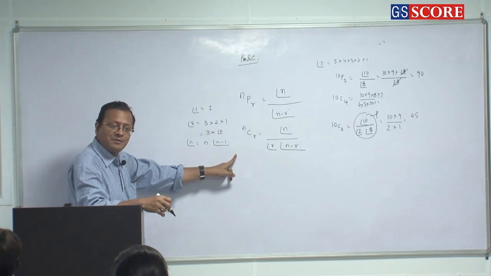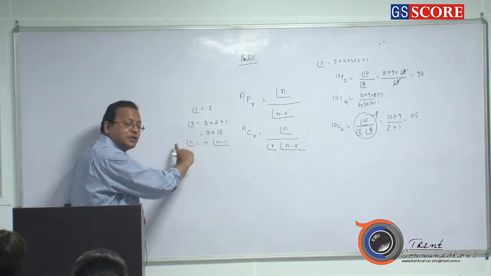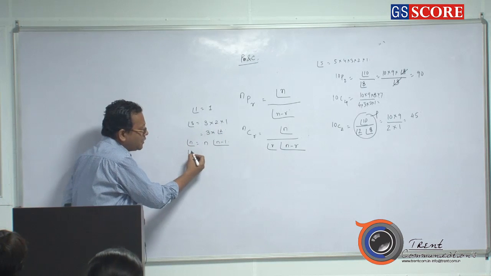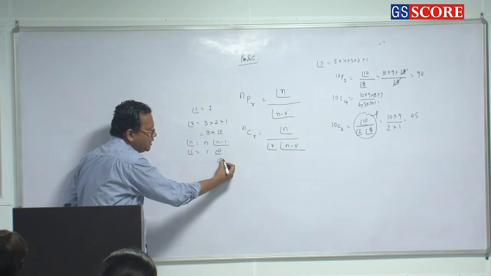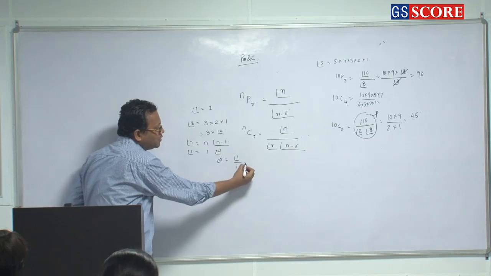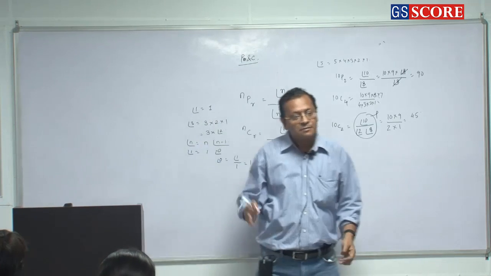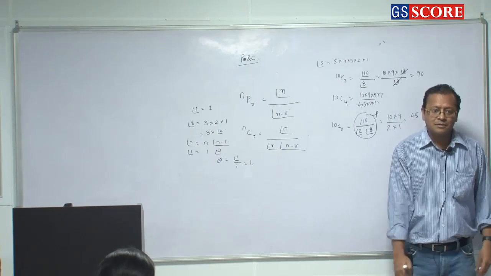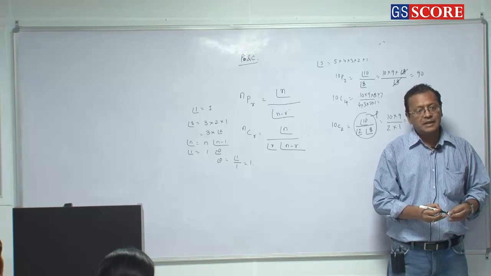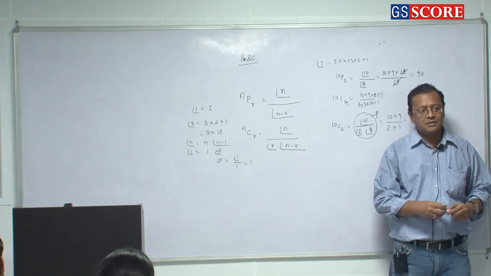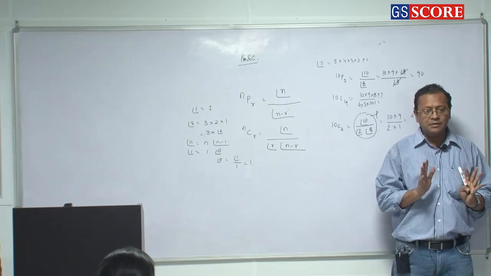Now put n equal to 1 on both sides. What is happening here? Factorial 1 is equal to 1 into factorial 0. So what is factorial 0 then? Factorial 1 by 1, which is 1 only. If you take things simple, it becomes much more simple. Otherwise, it is a long volume of proof. It is not required at all. Clear or not? Everybody clear? Okay.